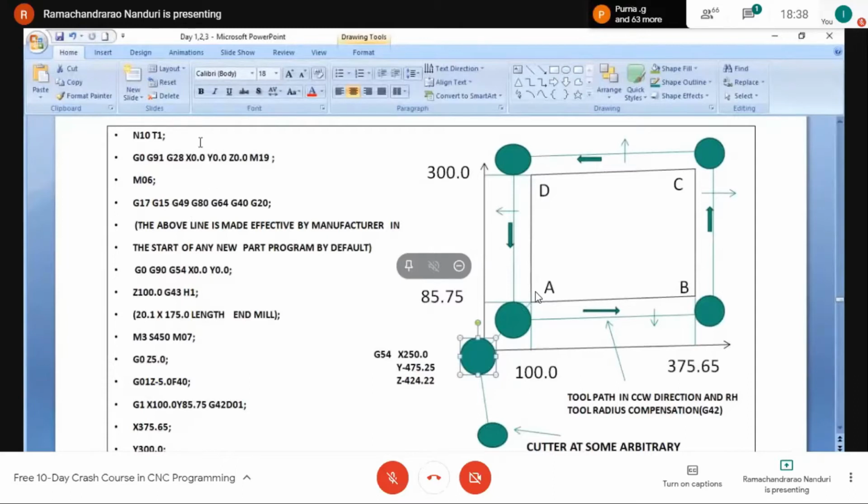Okay. After this, we have to give a command. Here, tool number 1 will be getting ready, and then the M6 command will change the tool number 1 from magazine to spindle. That means it will take out the tool number 1 from magazine and insert it into the spindle.